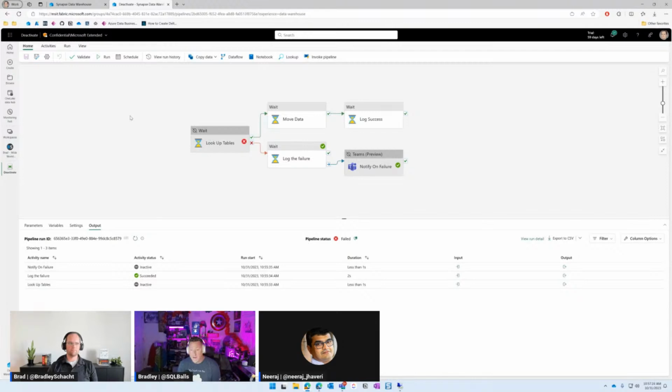And I love your reminder because you're absolutely right. You've got to look at those dependent tasks that are really key. If I'm going to do a for each and I have a lookup operation, I need to be able to pull the data from that lookup to loop through the for each. So we've got to look at those dependent tasks and make sure that we only disable those things that we need to, but we may have some superfluous